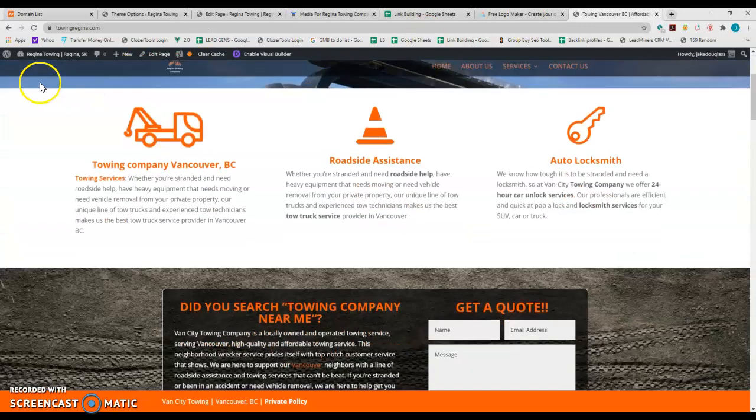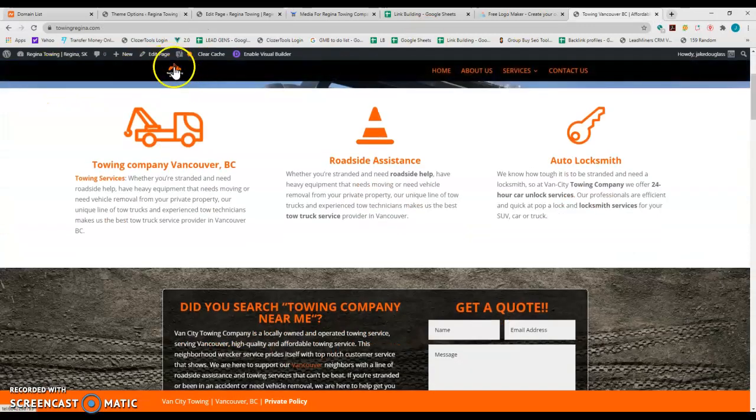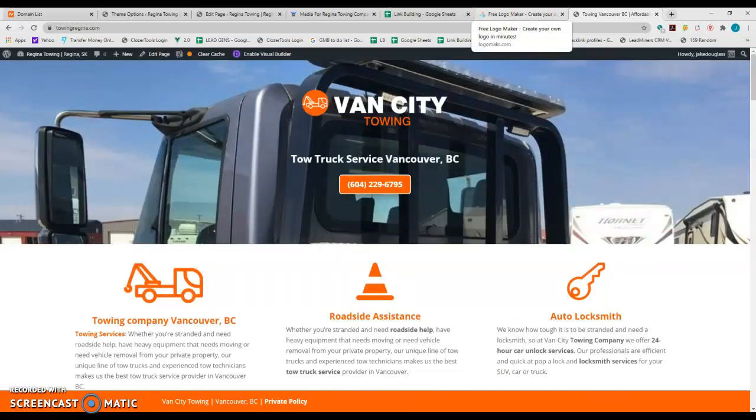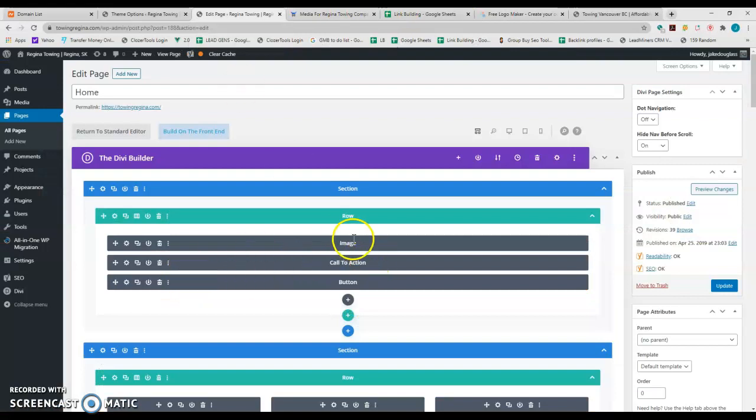That is because I changed this logo up here. Okay, so this one up here. So you can see now, was that phone number before? Now it's this phone. So we're going to go to the home page now. Again, pages,